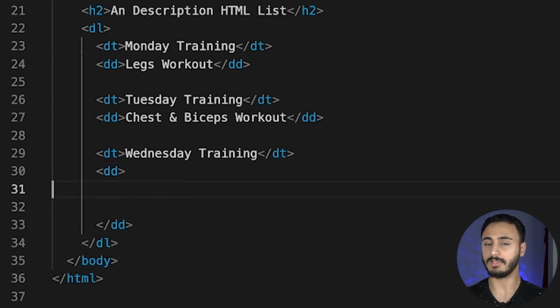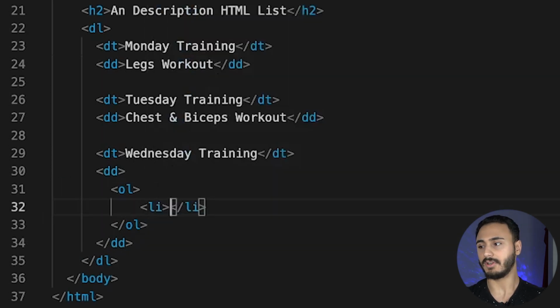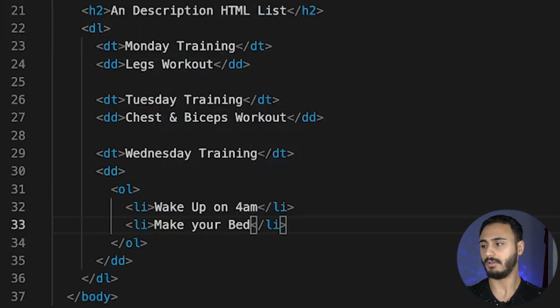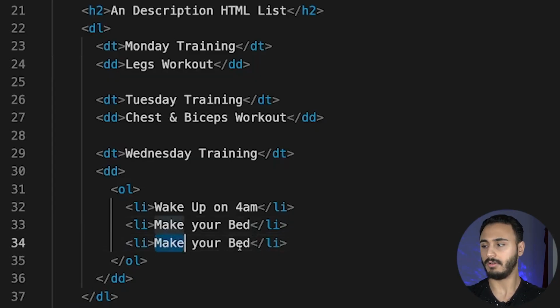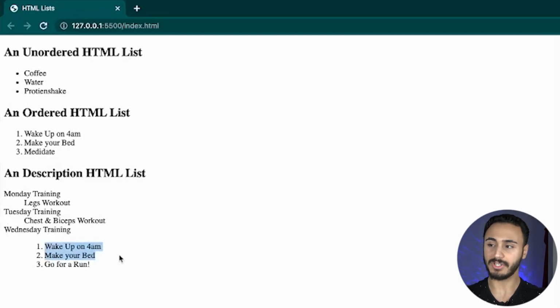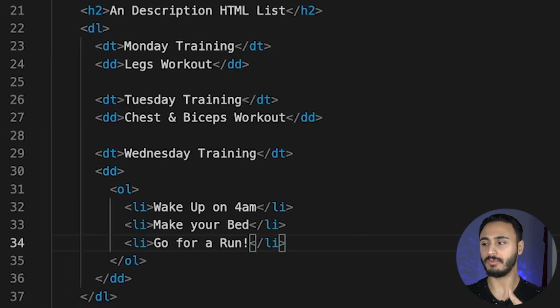To do that, we start by writing OL, which is the tag of ordered lists. In this OL, we start with our first list item, which will be basically wake up at 4 a.m. So after waking up at 4 a.m., let's just say make your bed. And after making the bed, let's just go for a run. And here we go. Let's check now what we have. Now the description of this description tag is itself an ordered list, and you can for sure go further and